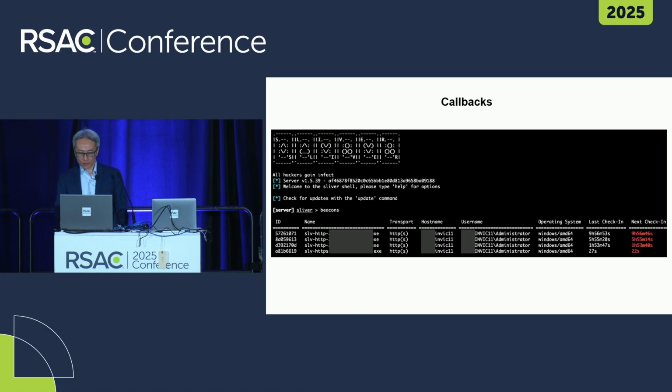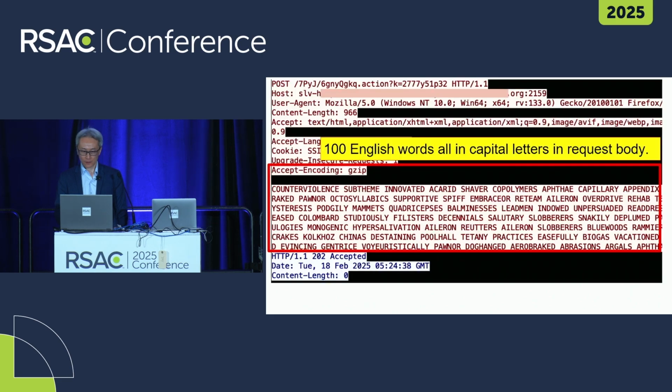Here's what the code looks like. Again, we'd like to take a look at the packet trace of the Sliver traffic. In this screen, we can see an area that shows there are 100 capital letters in the request body.